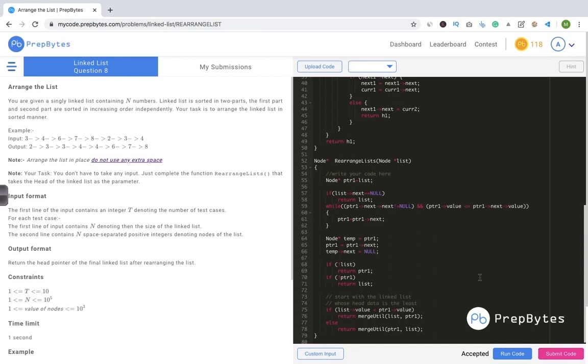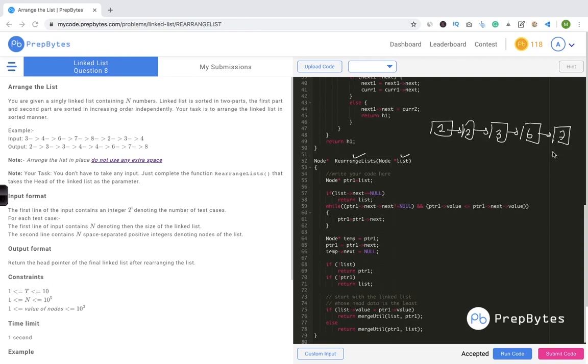Else what will happen is that, let's say if there is a node that's null, and you try and access an element of that particular node, that will give you a runtime error, right? So we didn't do that. We will see how we are taking care of that in the actual code. So first let's just try to understand this particular part. Here we have rearrange lists. We were already given this function, and this list is nothing but a pointer to the first node of the list. We generally call it head pointer. So now the first thing we have to do is, let's say I'm given a list 1, 2, 3, 6 and 7.